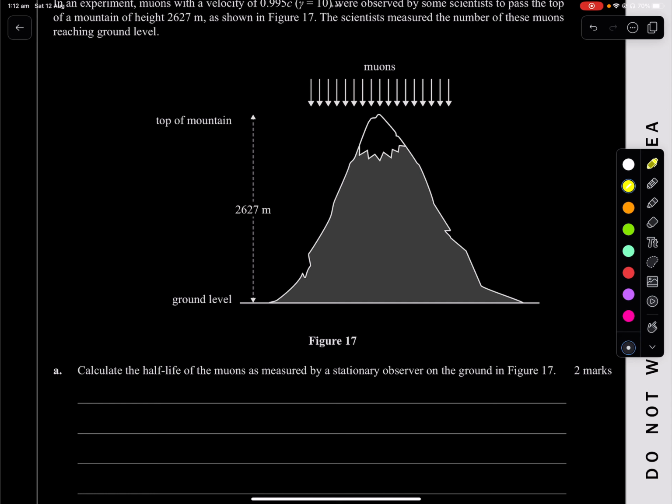So for us, imagine we're scientists and we're watching this mountain, and this muon is going down at a speed, and we're watching it, and what's happening is,